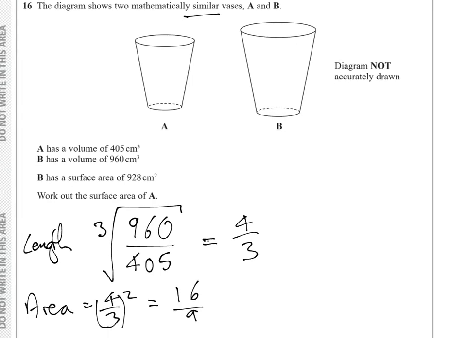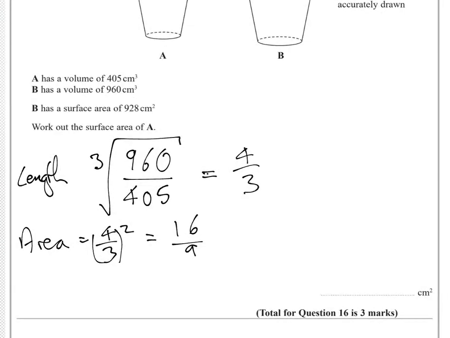So what we're saying is that to get from B to A, you have to divide by 4 over 3. So in this you have to do 928 divided by 16 over 9. Is 5